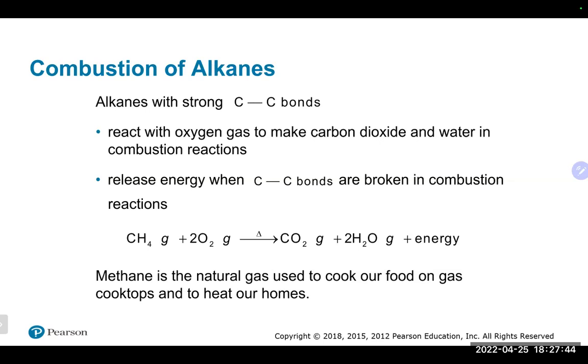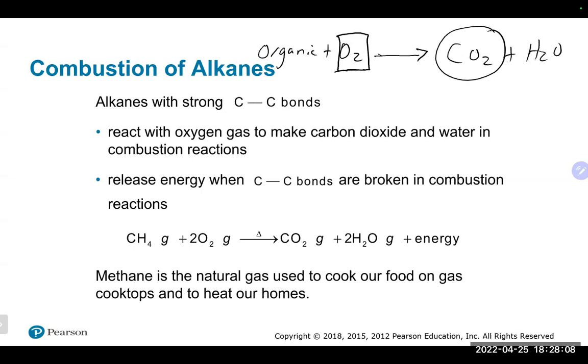The type of reactions that alkanes undergo are ones that we talked about before. Mostly they undergo combustion reactions. And these are the organic combustion reactions, which usually produce heat and energy and flame. The way you can recognize it is you have an organic compound plus O2 on the left, and it will make CO2 and water on the right. These are your two common combustion products that are made with an alkane or any organic, really. O2 on the left, and it's a pretty safe bet to write CO2 and water on the right-hand side. That is typically what they form.